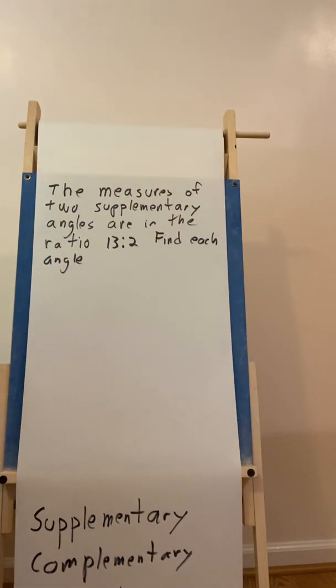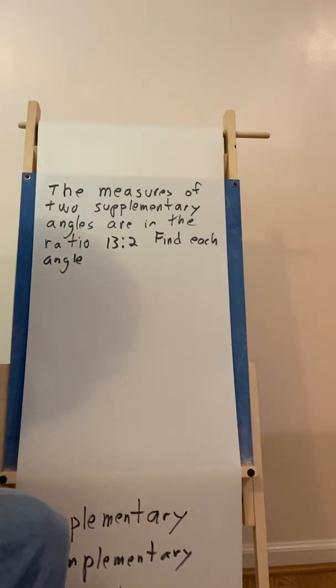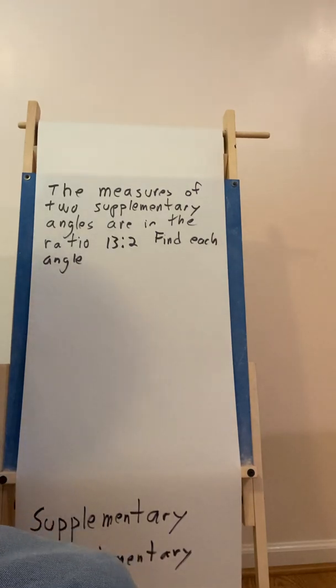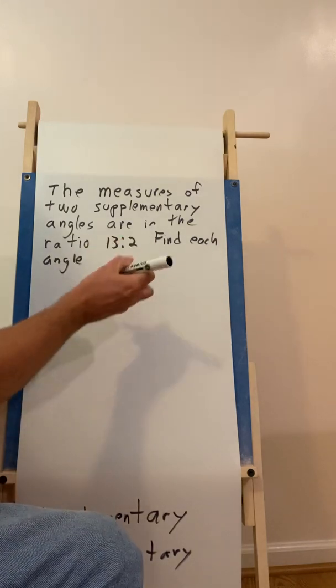The measures of two supplementary angles are in a ratio of 13 to 2. Find each angle. Well, what do we know? We know the two angles add up to 180 because it says they're supplementary. That means one is 13 parts and the other one is 2 parts, and those parts add up to 180. Well, we don't know what those parts are, so let's call them x. That's my suggestion always, whenever you're given a ratio problem, just stick x's on the two ratios and solve it. So the ratio of 13 to 2 becomes